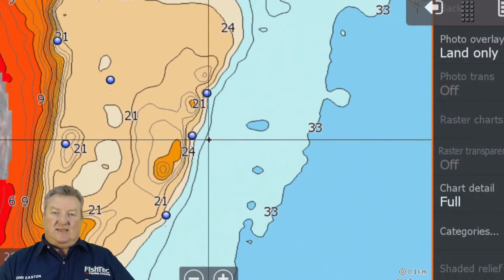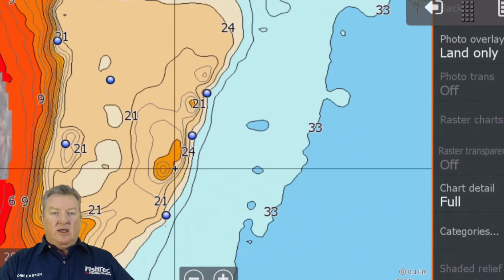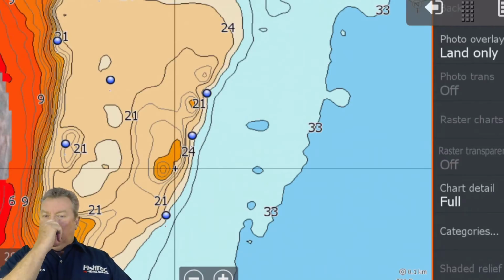Guys, I'm guessing, okay, but you never know what this weather is going to do. I'm guessing we're going to be at roughly the same sort of situation. So I believe that 21 to 24 feet is going to be your key targeting depth. So let's turn off anything that is under, then